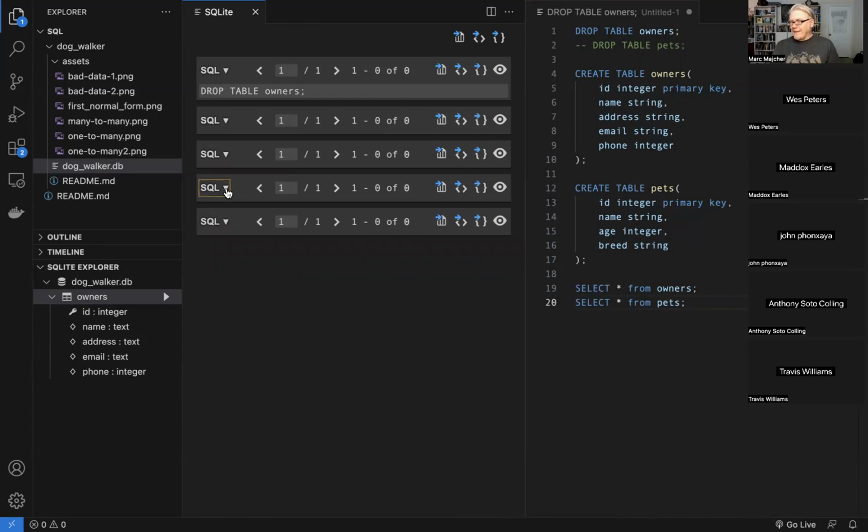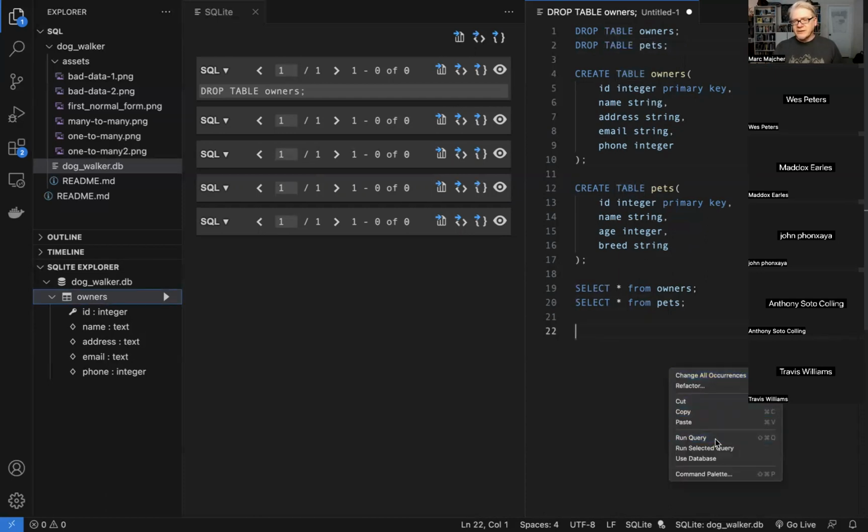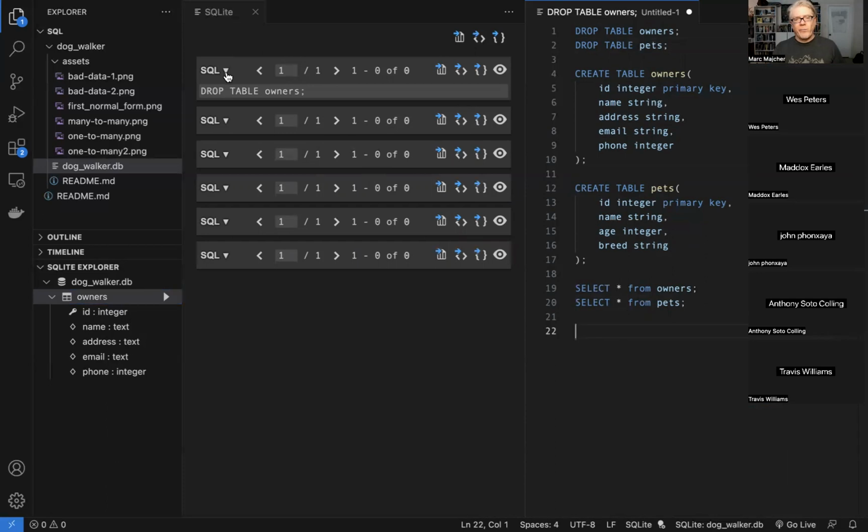I'll talk about the alter. If you want to change the table after the fact, add columns, rename things, you can do that. There's an alter command. Ideally, you won't have to do that too much, because you can always drop it and create it again the way you want. When we get into migrations and stuff like that, we'll talk about that more. But for now, this is the basic stuff that you need to know for this. Cool. So that should all run. Great. We did it all.